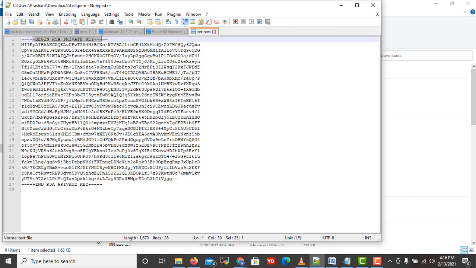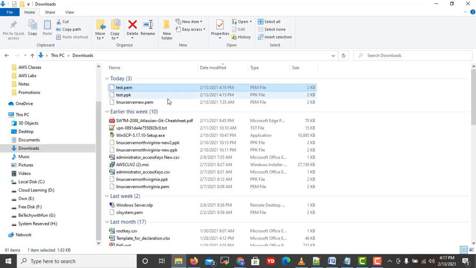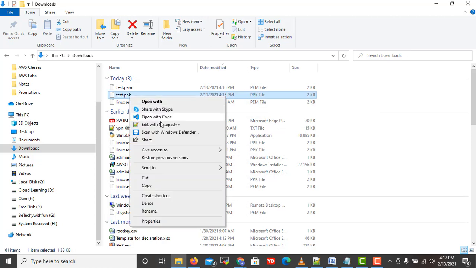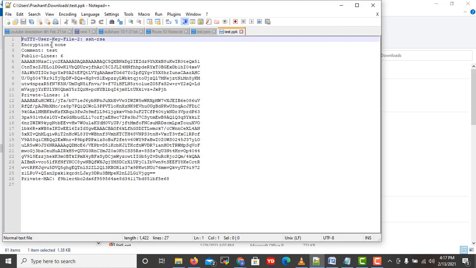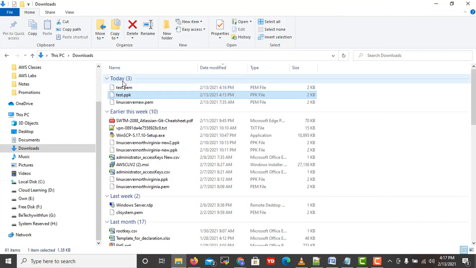It starts with RSA private key and ends with RSA private key, as a PEM file does. The PPK file format is different, PPK uses this format. So now we have both formats and all things are okay. I now have the correct PEM file, you can use it.